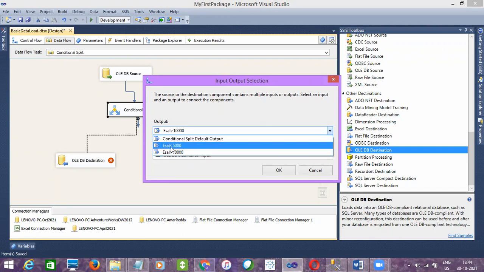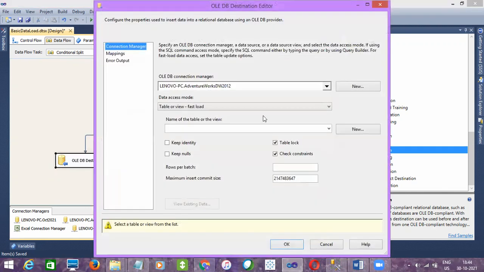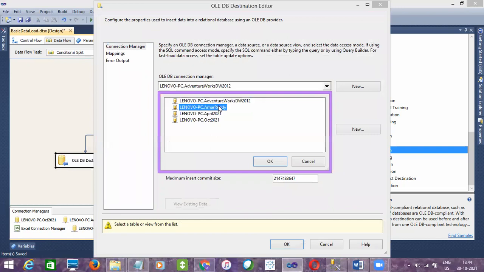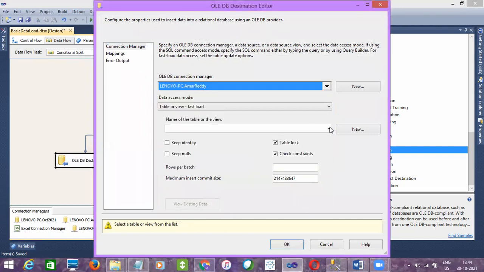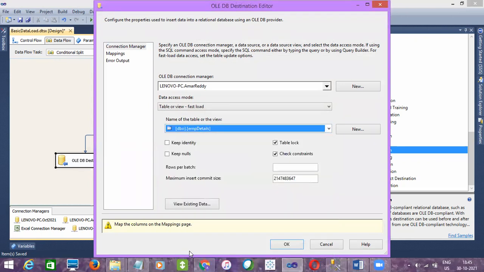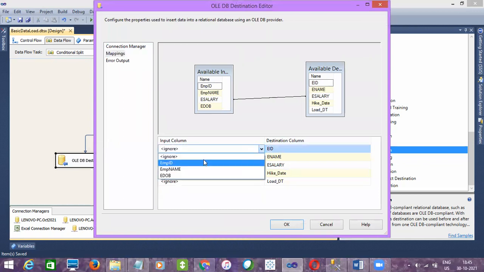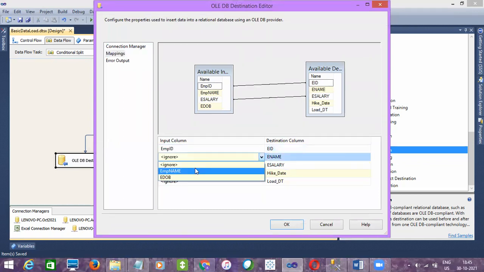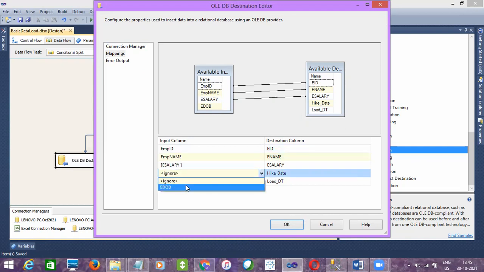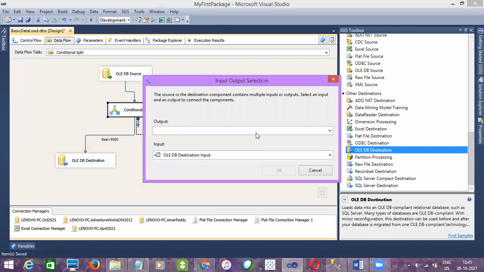So let me take the salary less than 5,000 output here, click on OK, and I'll take the destination table, MariaDB database, and the table name is EMP details. Go to mappings. I'll map whatever columns are available, and we'll ignore the rest. Right. So these are the columns available in the destination. I have mapped it.